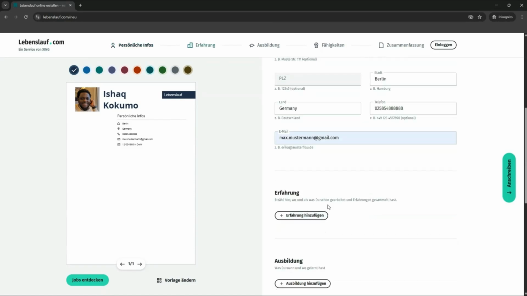And then you go to the section Erfahrung. When you're typing this, you have to type the most recent experience first. That's what comes first. The most recent experience is what comes first. So Erfahrung, in this case, it means experience. So we're going to put my most recent